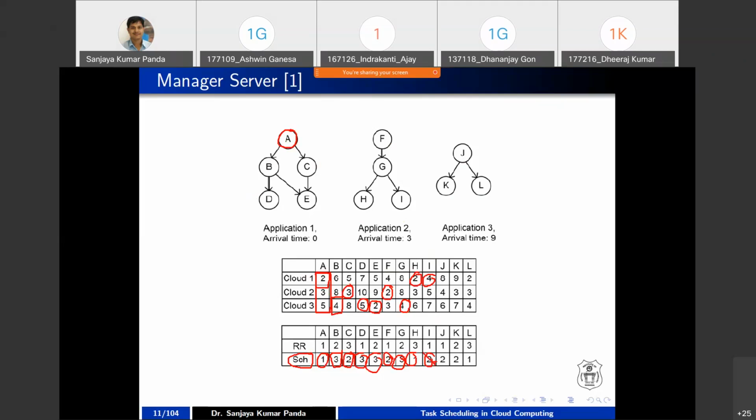There is a mistake here. You should write 1. Okay. J case, it is assigned to the second cloud, and K case, it should be assigned to the second cloud. L case, it should be assigned to the first cloud. In this way, you are going to schedule the applications, or a set of tasks under those applications, in the clouds using a particular task scheduling